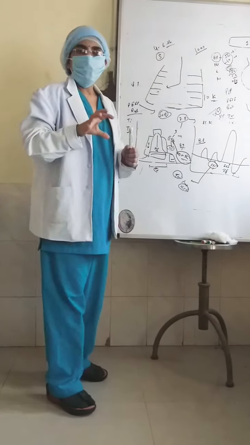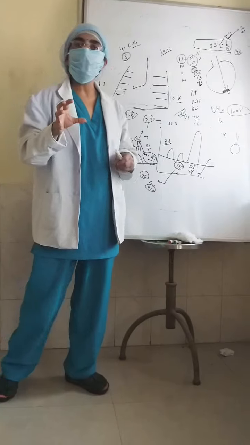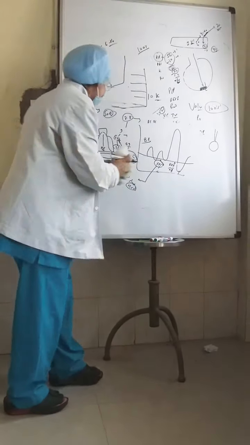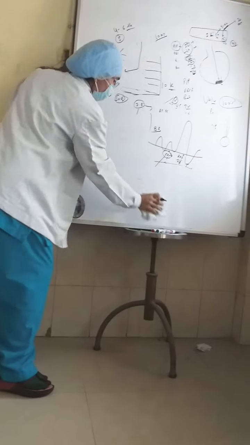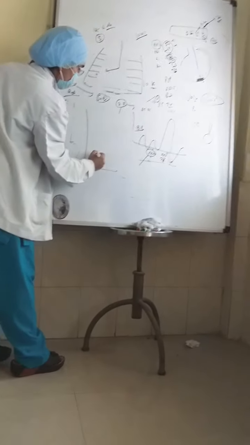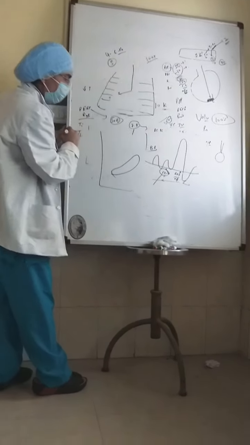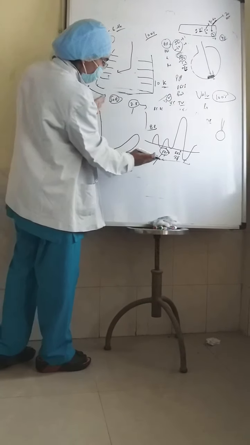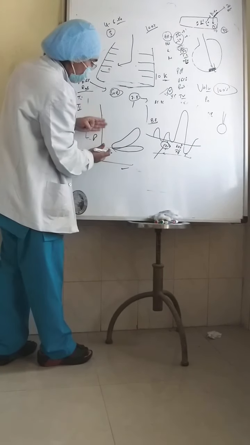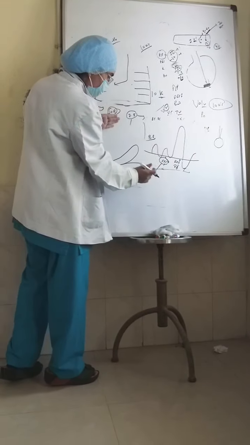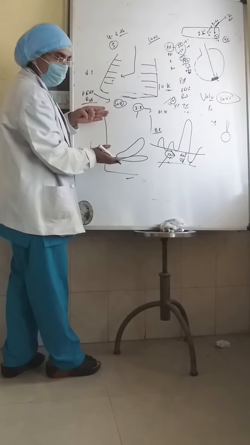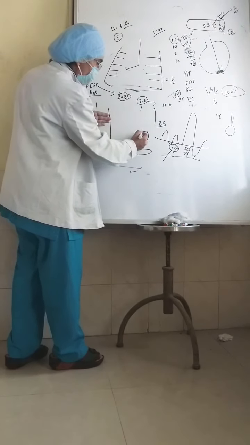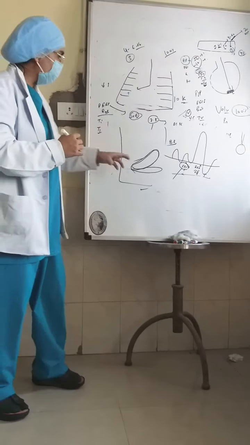Okay, now I am supposed to wean the child. For example, how do I decide to wean the child? At the same time, when I am changing the mode, I will keep seeing the lung graphics. This is the pressure volume curve. It was flattened initially. The more pressure is required to open up the lung, this is volume, this is pressure. Now the pressure requirement is very less to increase the volume. So my curve has shifted here, which means the lungs are improving.